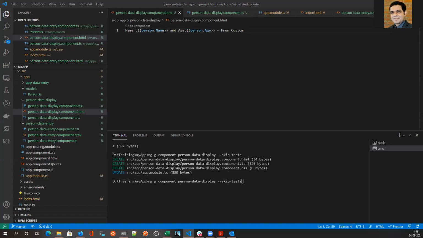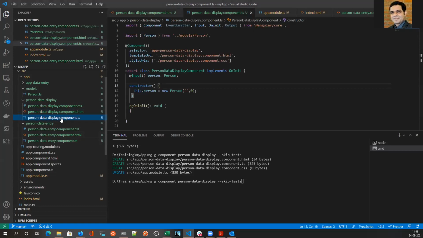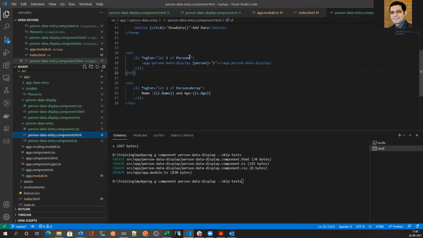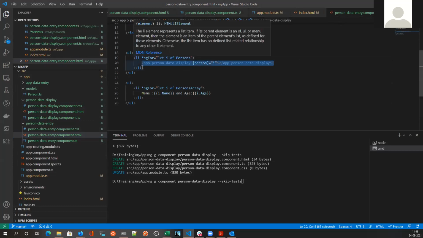I'm not getting any feedback from others except two or three people. Chintan, if we used an array, then how can we display that? Because over here you have imported Person, the Person model. Yes. So here I have done ngFor, where I am taking one by one person and then passing it to this control.